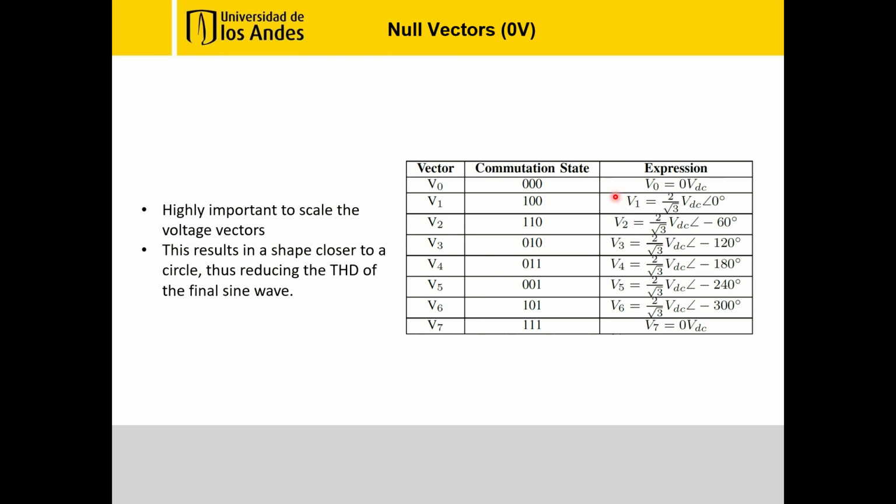To further avoid unwanted harmonic components when choosing a null vector, since we have two choices, whether it's 0, 0, 0 or 1, 1, 1, it is important to choose one where the least amount of switches change states. For example, if we're going to have a vector 0, 1, 0, the null vector following this vector is going to be 0, 0, 0, so we only change one switch and